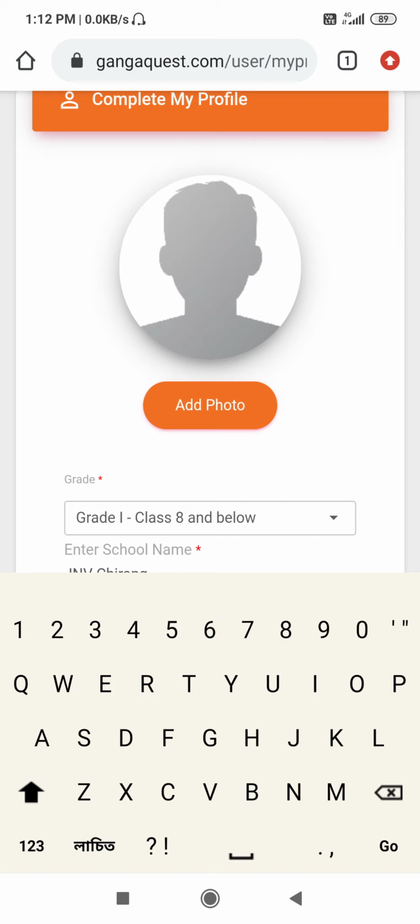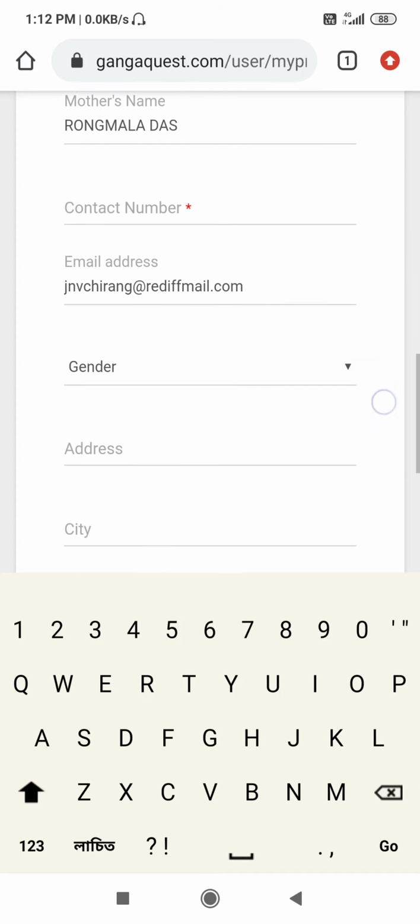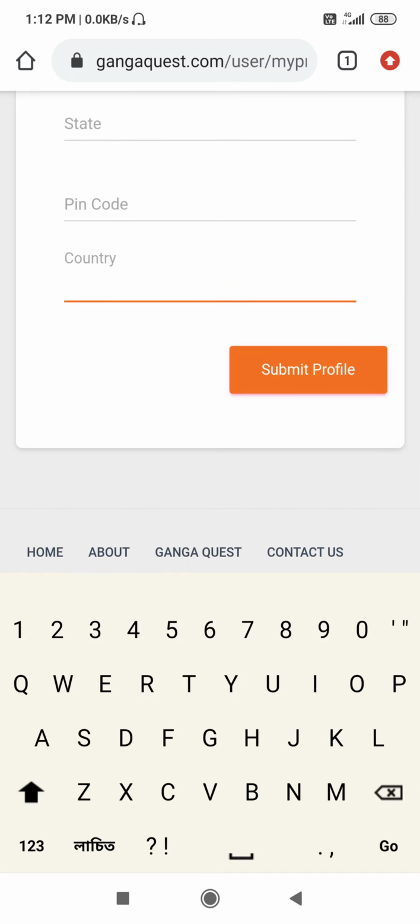One more thing is here, add photo. If you want to add your photo, then you can click add photo and take a snap with your mobile camera or any other device. You can put your photograph here. Then submit it. Submit profile. Click here.